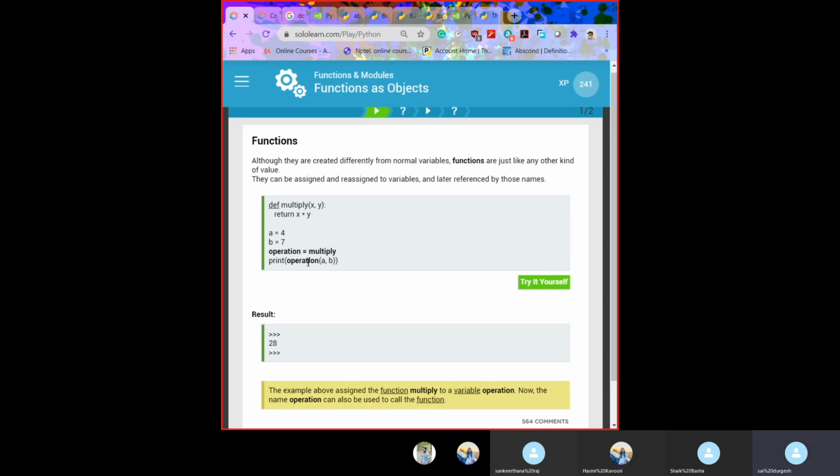Print operation: the operation was multiply, and multiply, as defined, multiplies two arguments. The values we defined here will be taken as arguments.